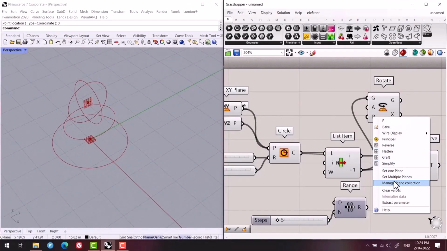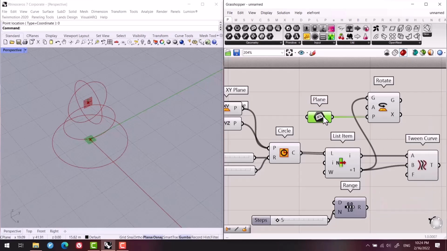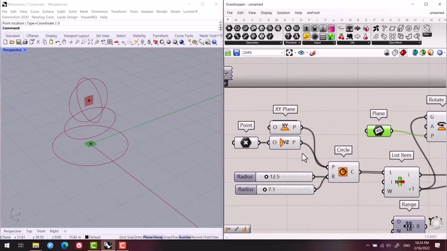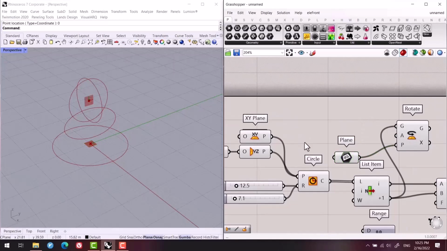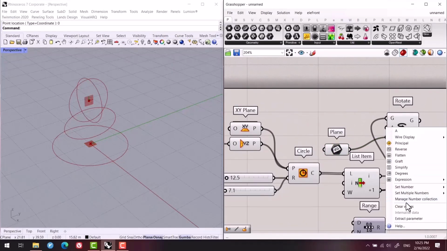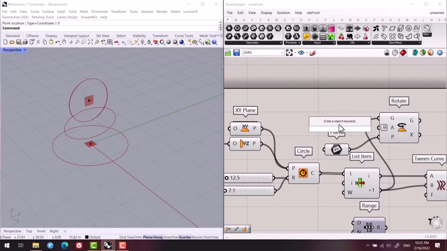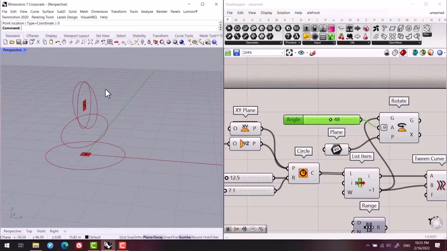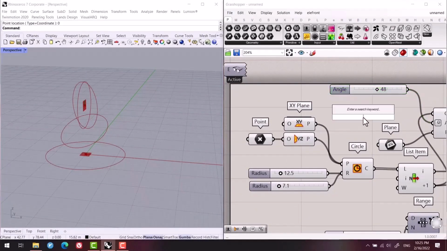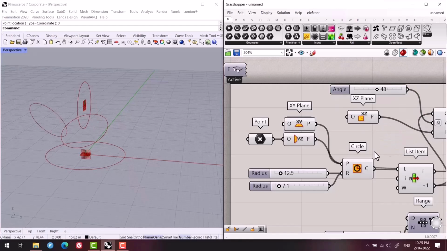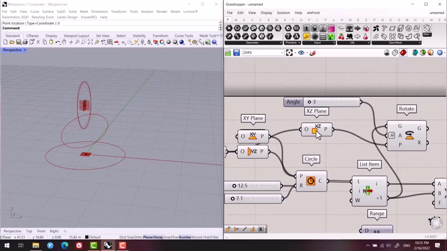Let me specify the plane along XZ plane. Watch this. Because the default plane was XY, I should set the angle per degrees. Check it out, we are rotating this circle based on the plane that it is not my need. So to do this, I should use XZ plane, and then we can rotate it according to the specified origin